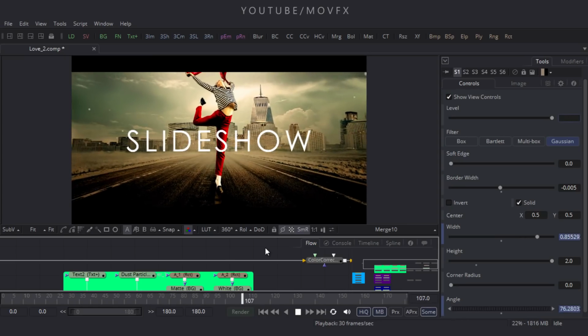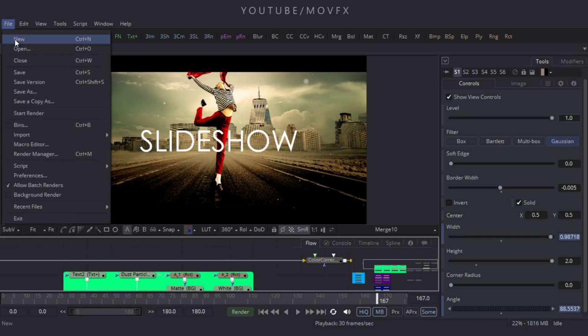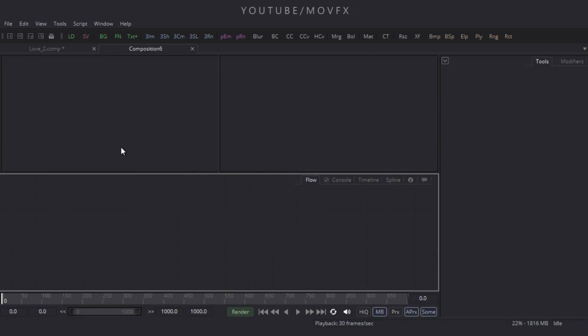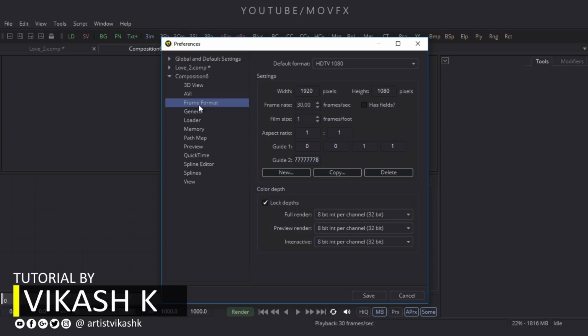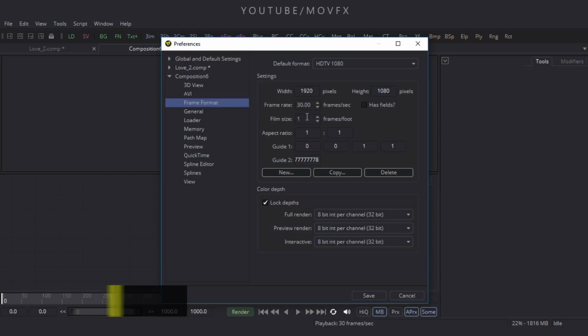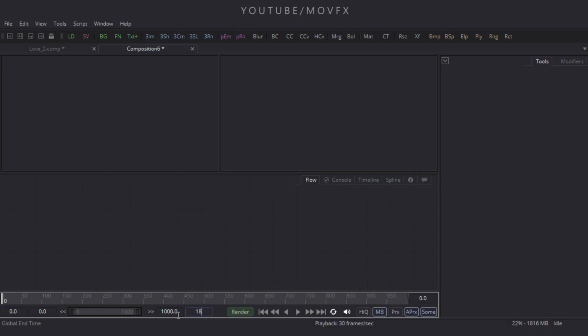Okay, so first of all we have to take a new composition, so go to file menu and click on new and take a new composition. After that, let's check our composition settings, so go to file menu again and click on preferences, and here is frame format. So this composition is 1920 into 1080 and 30 frames per second, so it's good for me. And then click on save. Now let's convert this composition into 180 frames, which is equal to 6 seconds, so put the value 180 and